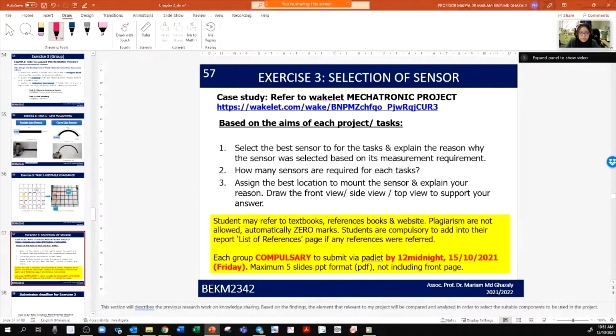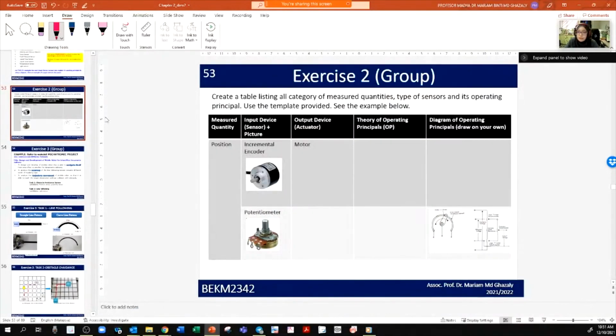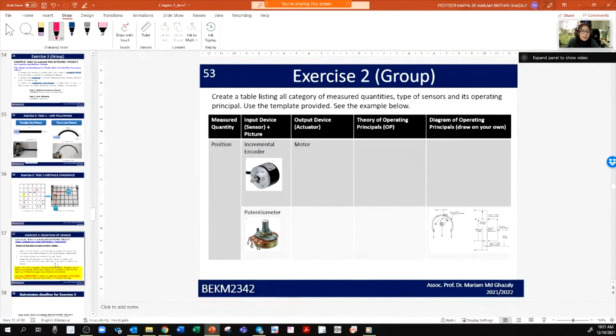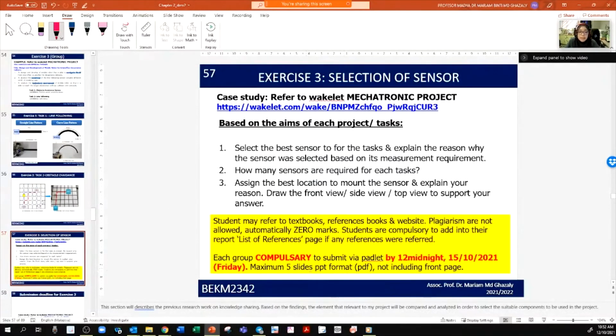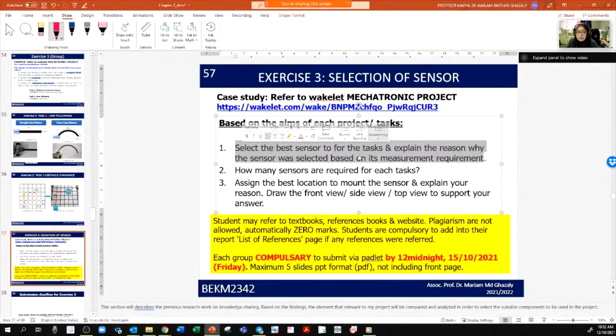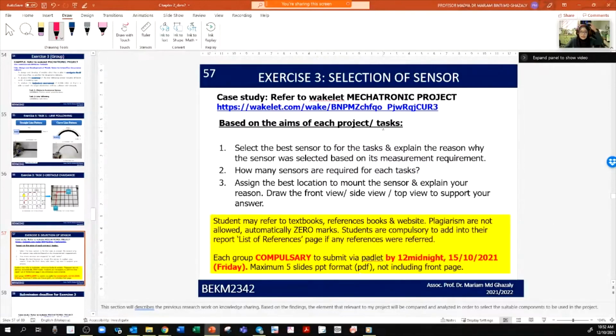Submit this to Padlet. Upload it. I would suggest for exercise number 2 you can use Word if you want, and for exercise number 3, submit it as a PowerPoint slide. That means for the first one, maybe one slide, second slide, third slide. So at least 3 slides for this task, convert it to PDF and upload it to Padlet. Okay, so the deadline for exercises 2 and 3